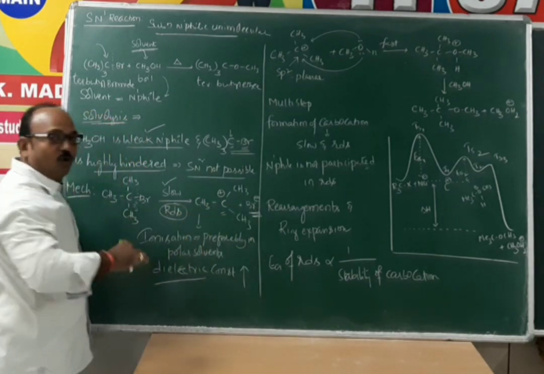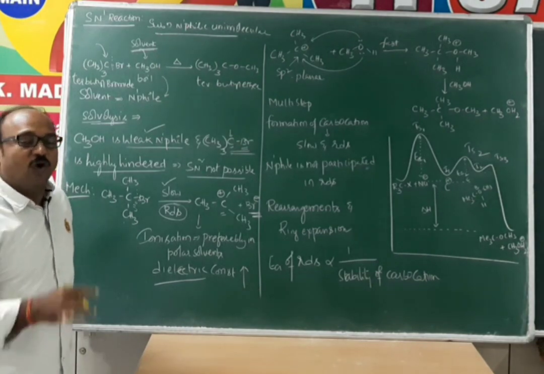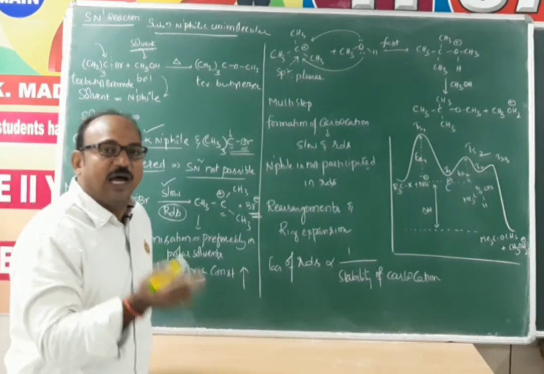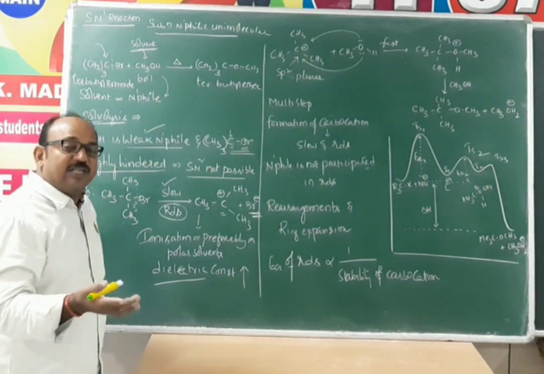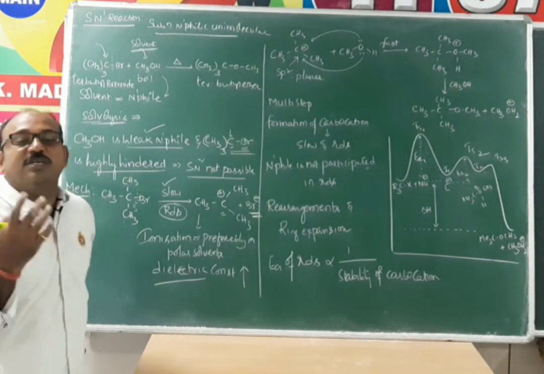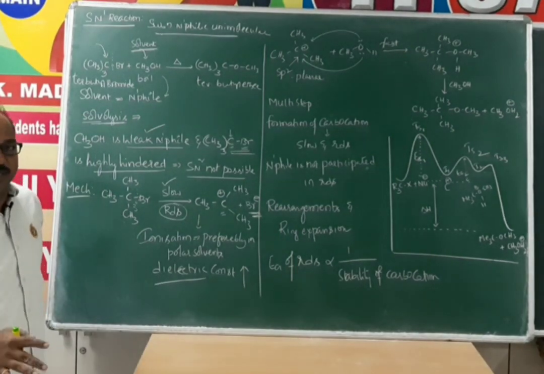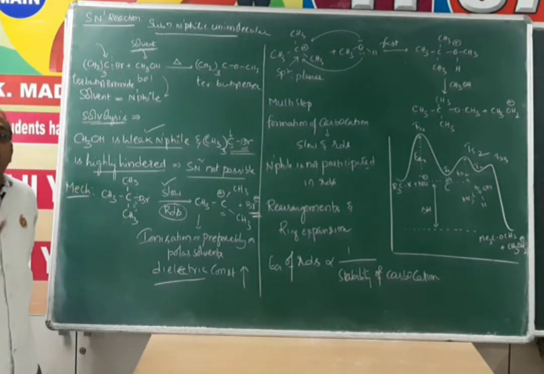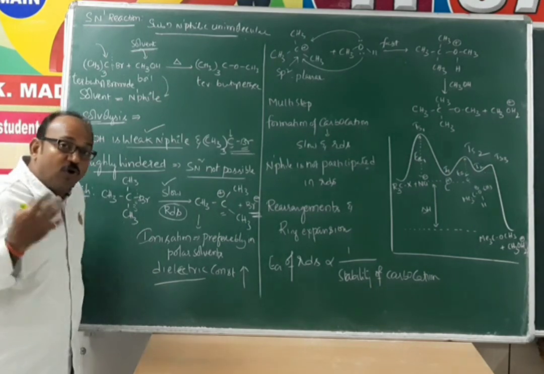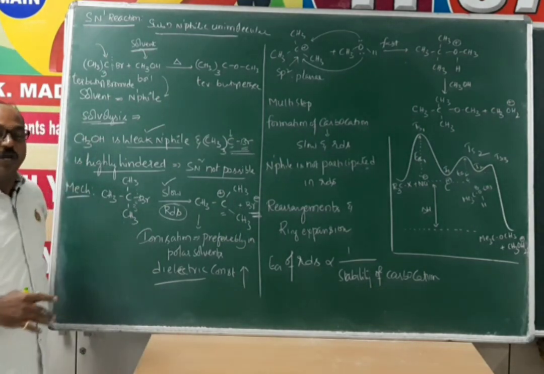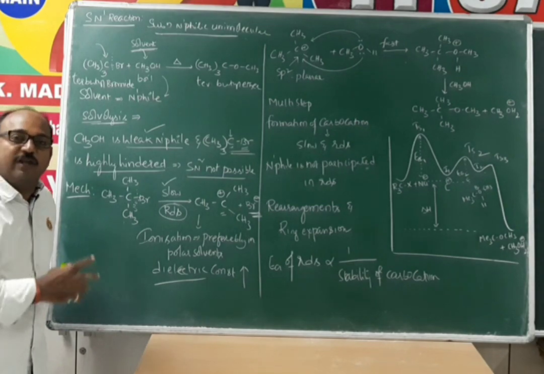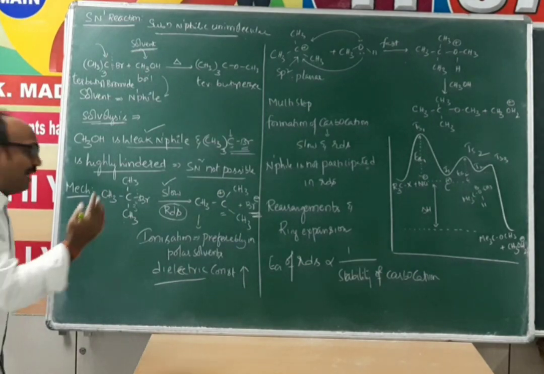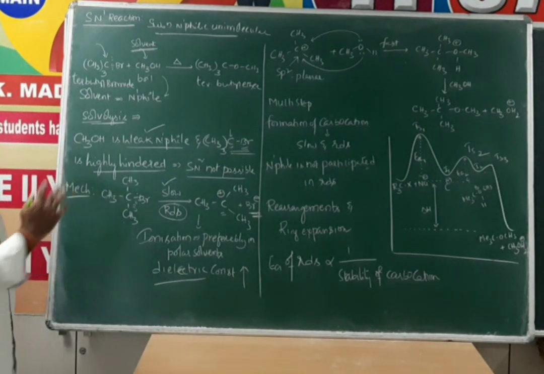This happens only in case of polar solvents. In the previous session we already discussed that polar solvents mean water, alcohol, ammonia, those solvents which are able to form hydrogen bonds. Preferably we use these. And among polar solvents, again, the solvent which has more dielectric constant is preferably used. The more the dielectric constant of the solvent, the more the solvolysis of the substrate. That means dielectric constant is directly proportional to solvolysis, we can say.